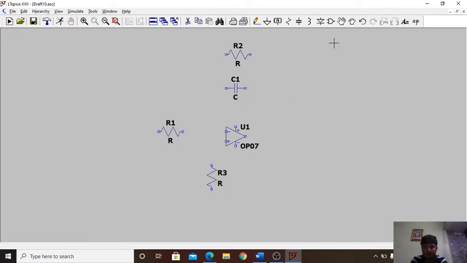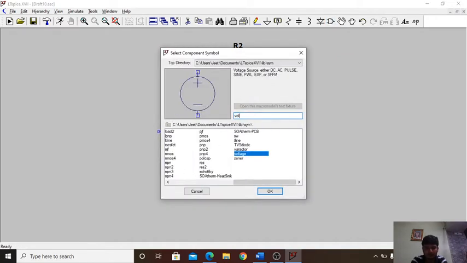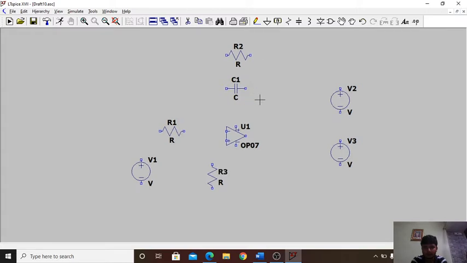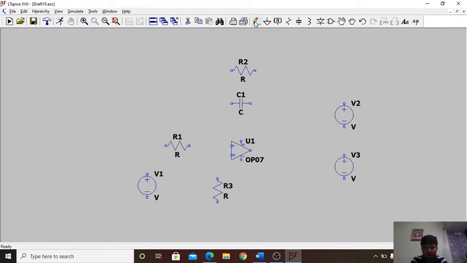Press escape. Now we also need a supply for the inverting terminal, so click on the component option, type in voltage, press enter. We also need two DC power supplies for the rail voltages of the op-amp, so place these two DC power supplies over here. Now we will connect these components. For that, click on the wire option.